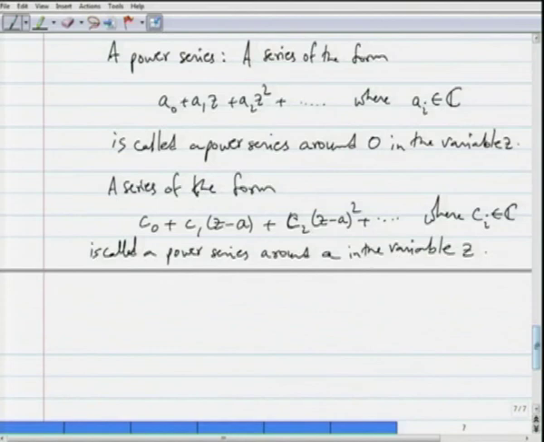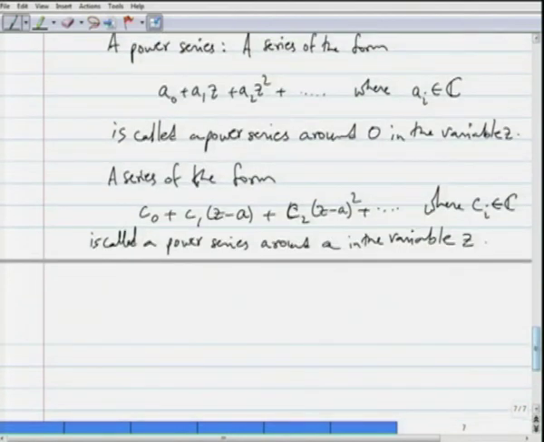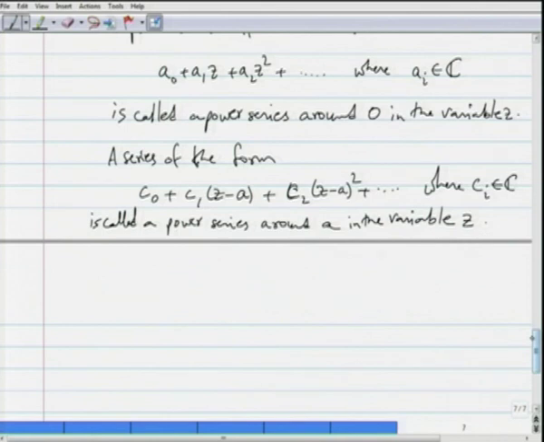Okay. So, that is a complex power series, and we will see that under appropriate conditions, sometimes these series converge. And firstly note that